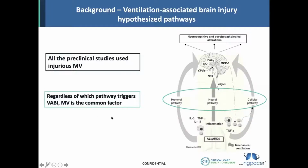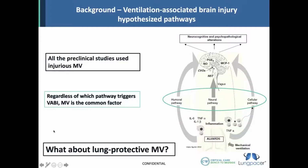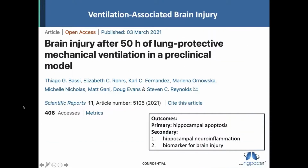Also, all the preclinical studies that I mentioned use injurious mechanical ventilation, which means that the mechanical ventilation settings are not the settings that we are using in ICUs for our patients. So our group thought, okay, how about we test whether lung protective mechanical ventilation settings are not injuring the brain. In order to do that, we designed a study that was published this year in March 2021